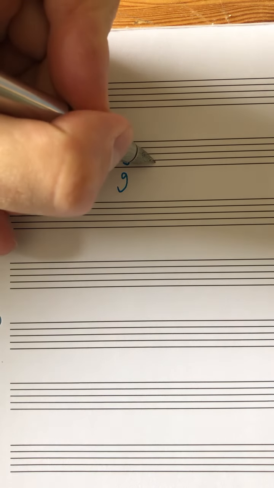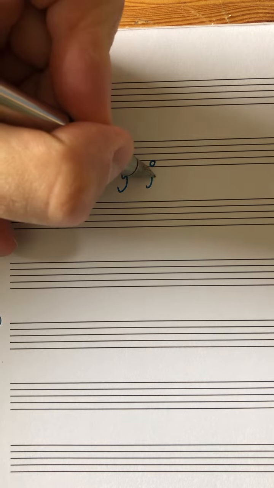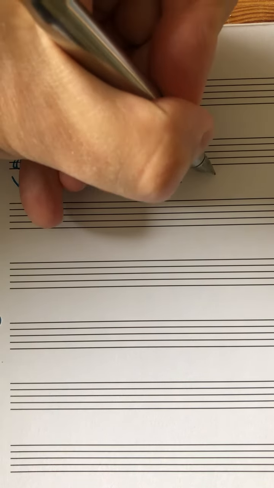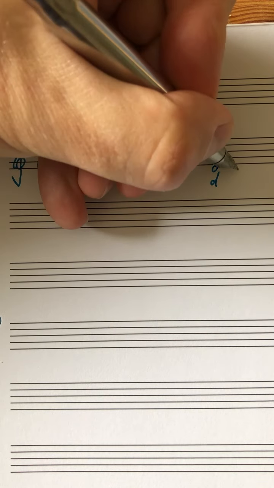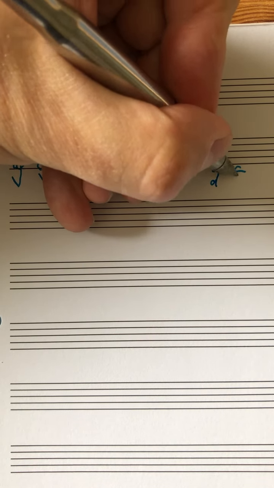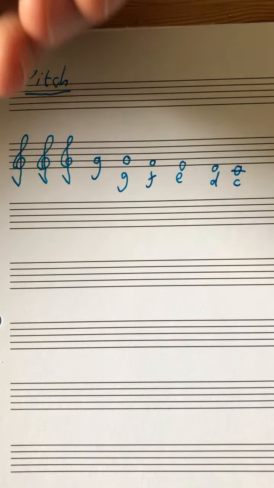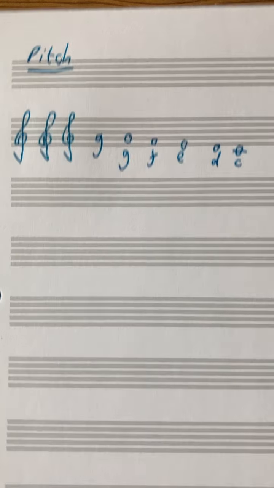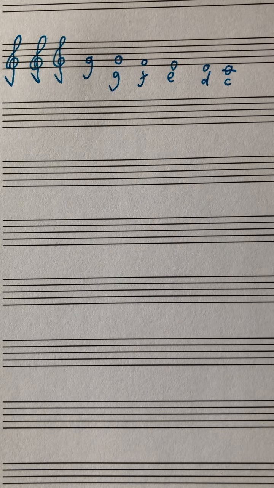Now, the next one down is a space, so that's F, E, D, and then I need to add a little extra line called a ledger line to give me C. But there is G, F, E, D, C. Or if I play them,